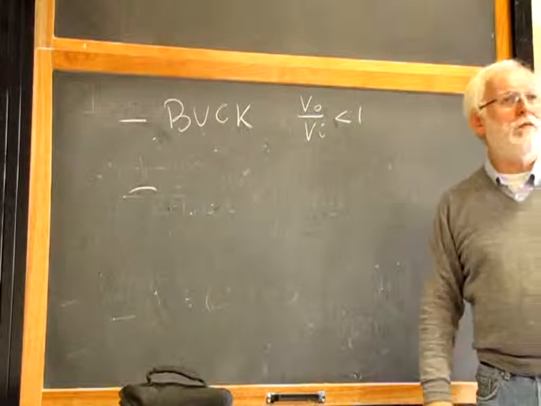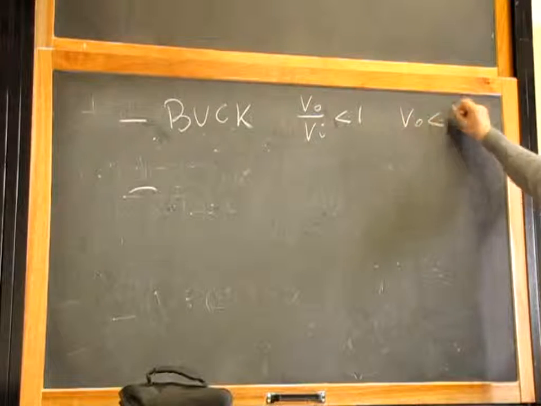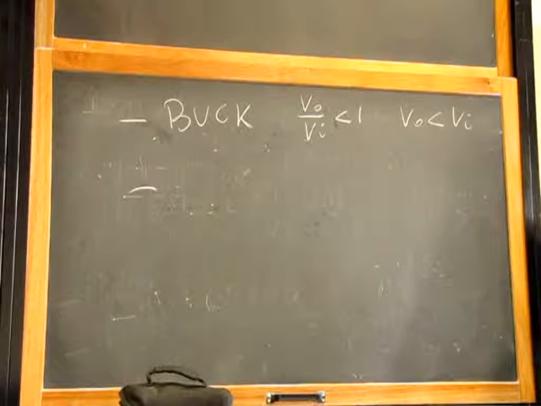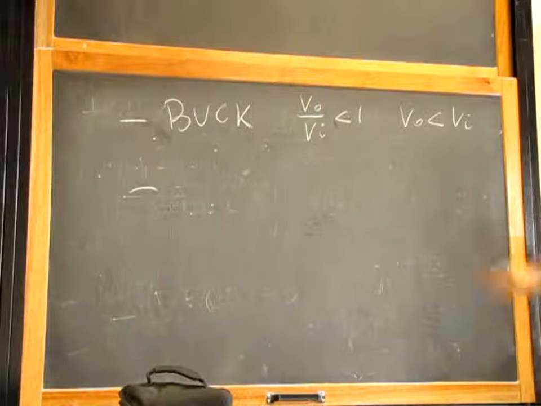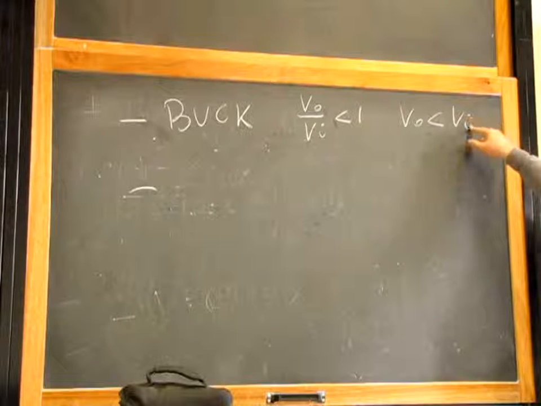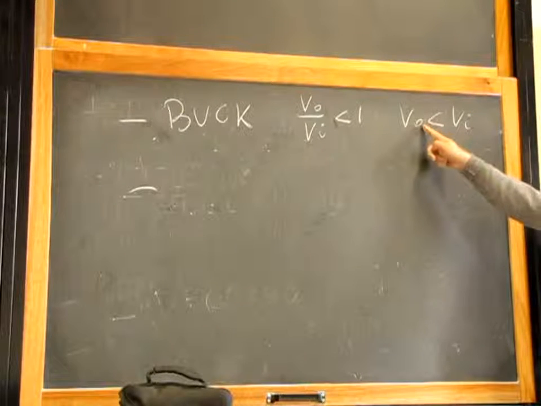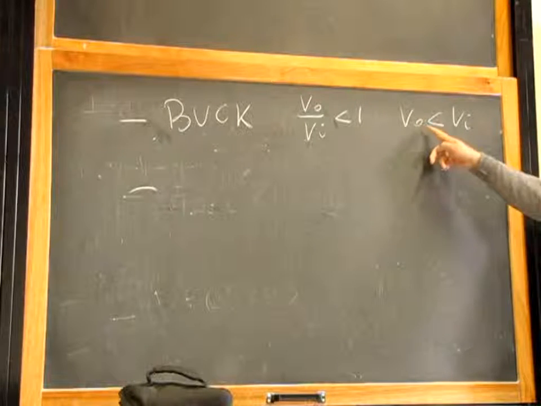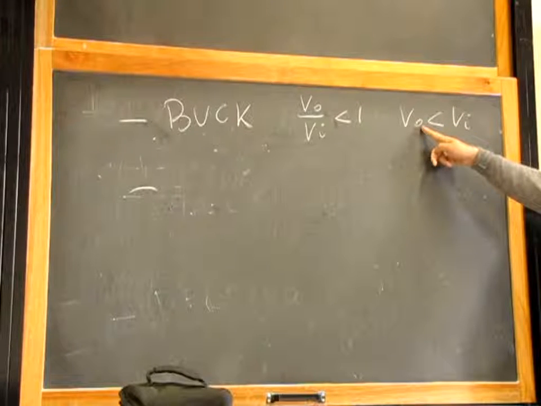Or, if you want to read it in an easier way, you can say that the output voltage is less than the input voltage. If you want to be a normal engineer, tell me the output voltage in a buck converter is smaller than the input voltage. It's okay. The phrase that I just told you is absolutely right. If you write this like this, well, I can take issue with it. Because if the input voltage is 10 volts, the output voltage can be 5 volts.